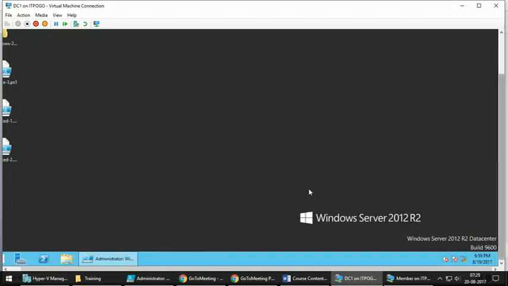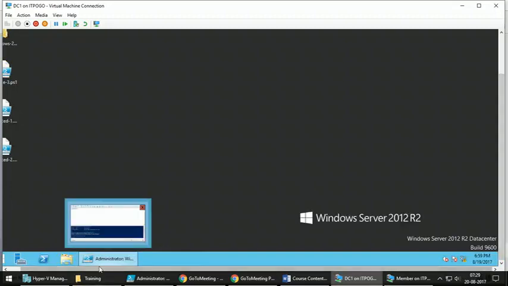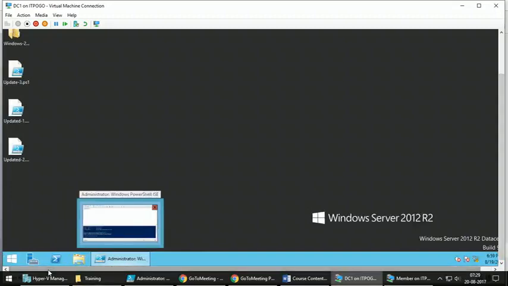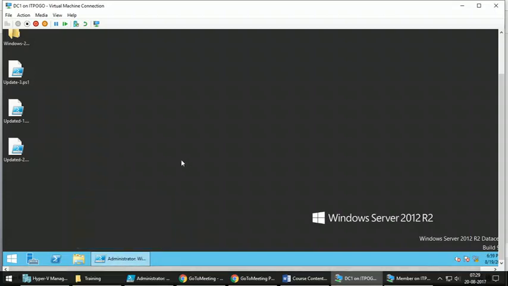After applying that policy, you can just run the command gpupdate /force. It will update the group policy immediately. Otherwise, it will wait for the automatic refresh time, which is 90 minutes. Every 90 minutes, that group policy refresh will happen. So if you don't want to wait for 90 minutes, you can forcefully give gpupdate /force.